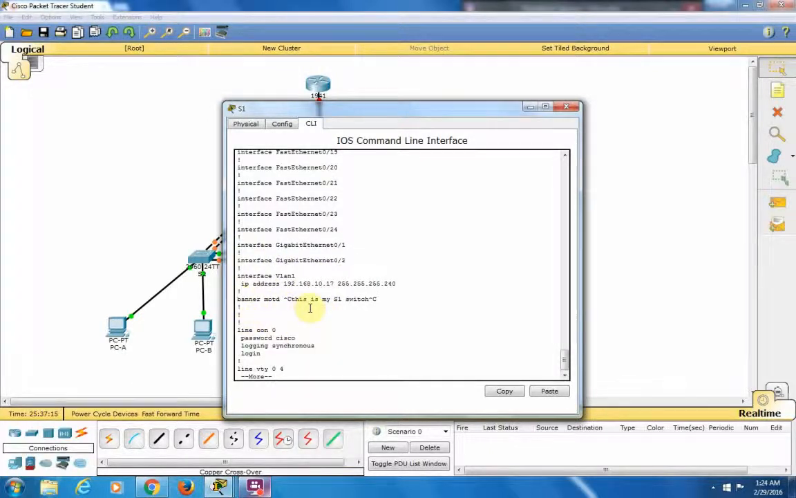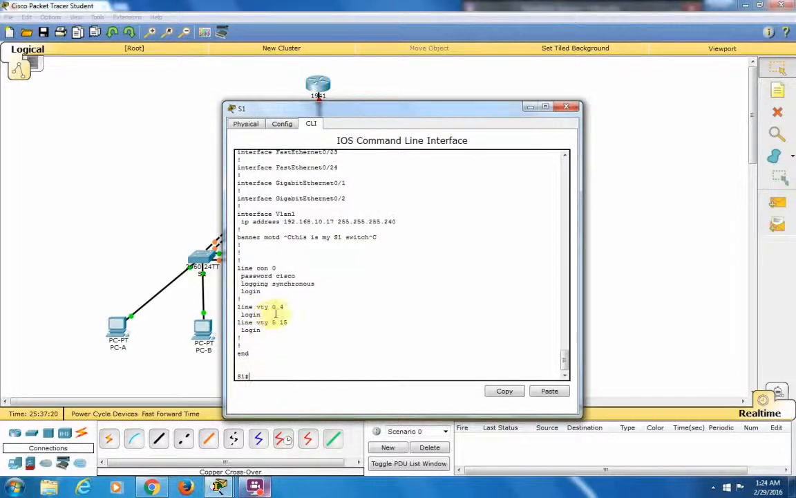We did a banner of the day. Banner message of the day. Password Cisco, logging synchronous, line VTY 0 4. 5 15, and so forth. And the last command before we move on to configuring port security would be a show IP